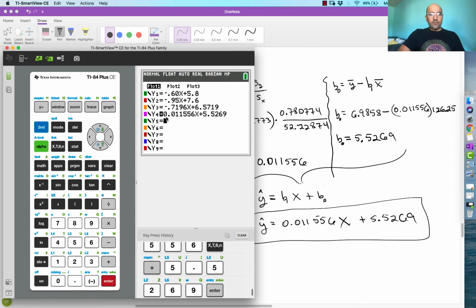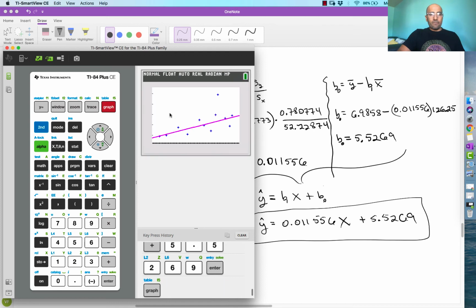Enter. Okay, so now I can graph that, and there it is, right? It does do a pretty good job. I can confirm that that magenta looking line is doing a pretty good job of approximating my ordered pairs here,